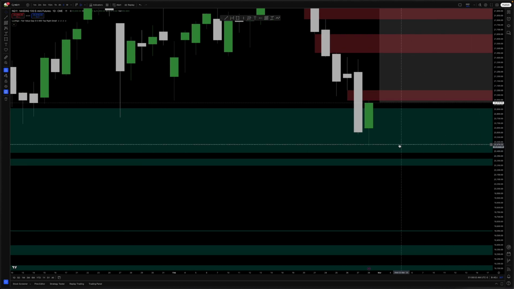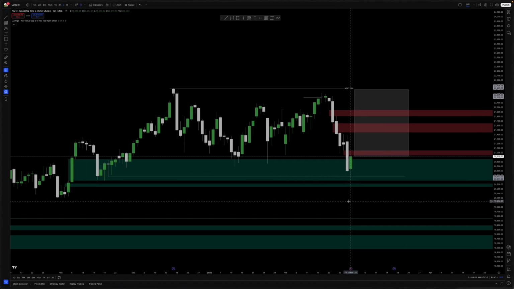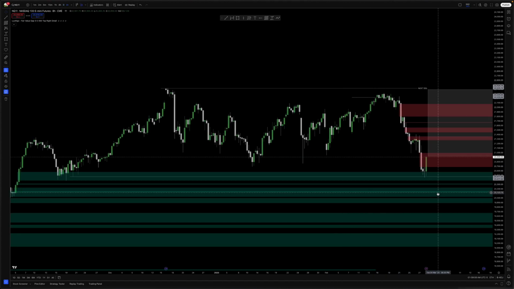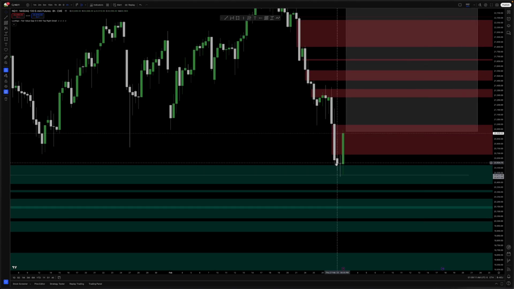We grab the liquidity from here. What's this? This is 24.77, and the low of this candle is going to be 24.60, so 17 points below that, and we bounce back above, right? Let's go to the 8-hour chart and see what happens here. So this candle closed above the fair value gap. We did not want to go inside.